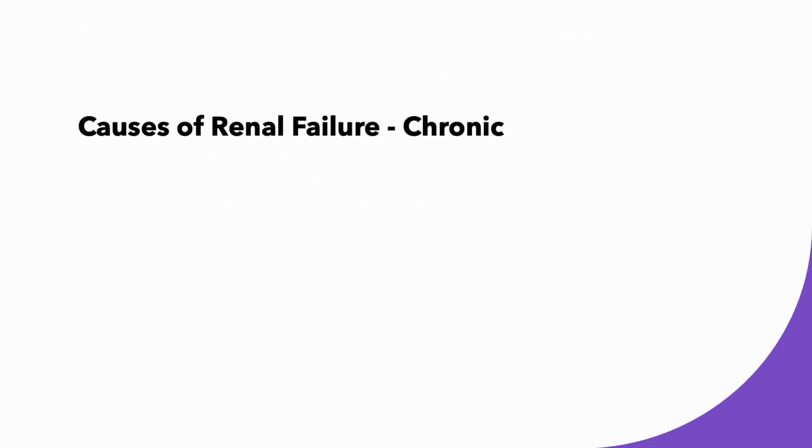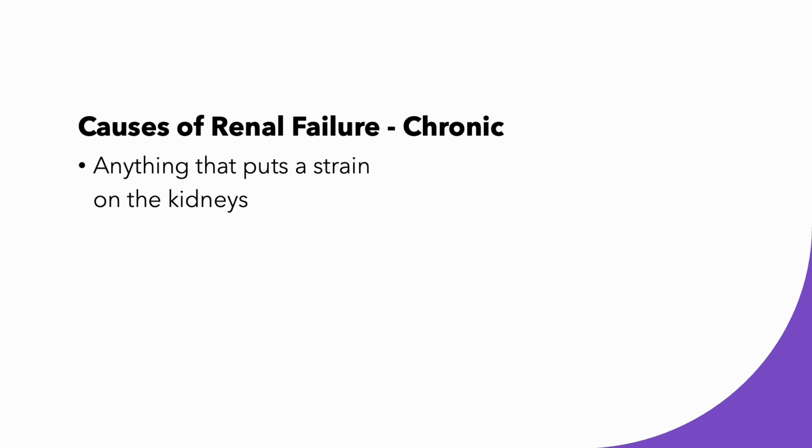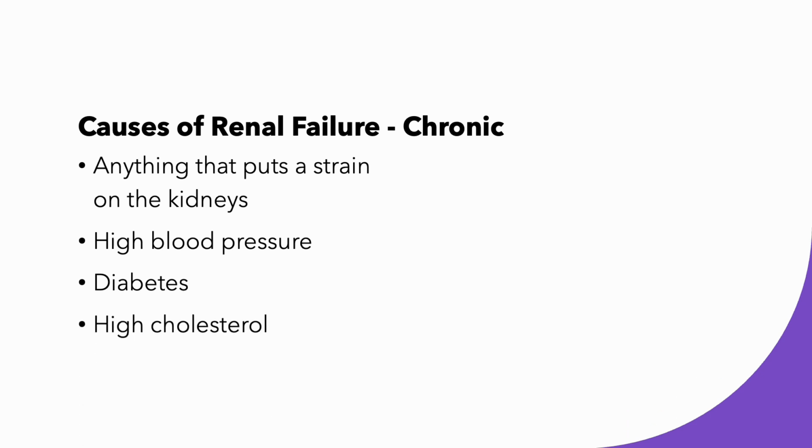Chronic kidney disease is caused by conditions that put a strain on the kidneys. These can include high blood pressure, which is self-explanatory, diabetes, in which too much glucose damages the filtering mechanisms of the kidney, high cholesterol, where the buildup of fatty deposits in blood vessels supplying the kidneys gives them a lack of oxygen for active processes, kidney infections, again self-explanatory,